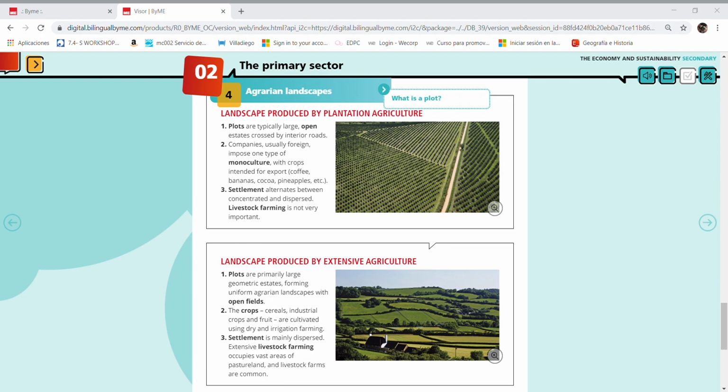Eventually, soil is going to be exhausted. After 2-3 years, this community has to move and repeat the process somewhere else. Then we have the landscape produced by extensive dry farming. This is pretty similar to the crop rotation system we study from the medieval times. Do you remember? We have Margarita in the fallow land,